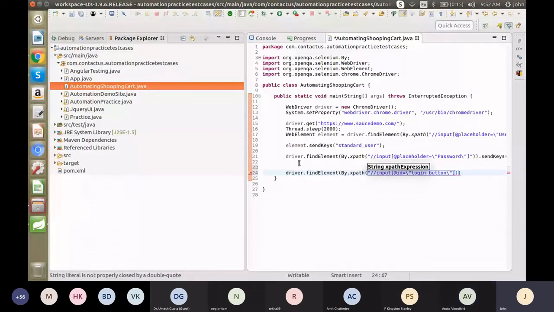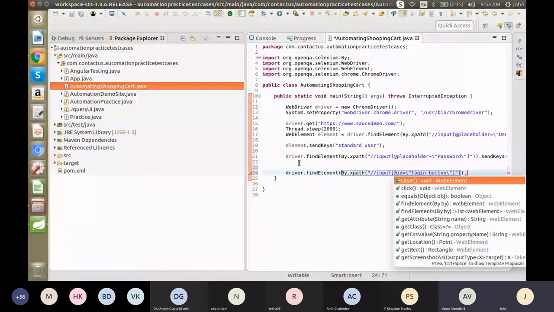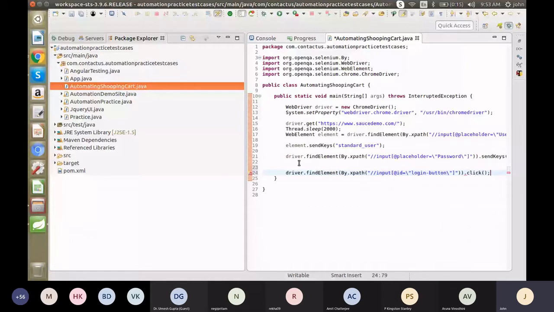And then what we have to do? We have to click the button, right? We have a click option. So we have to click the login button. We'll put some wait here, some 5 milliseconds.